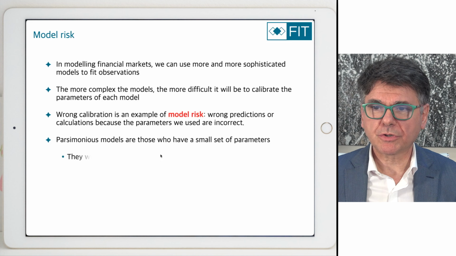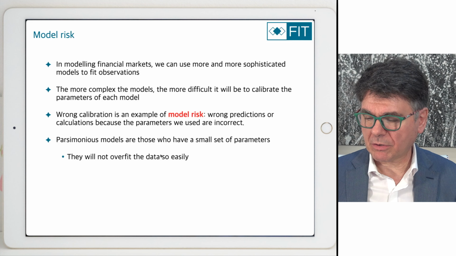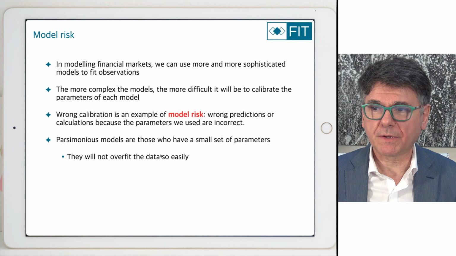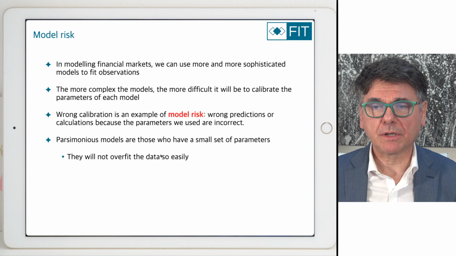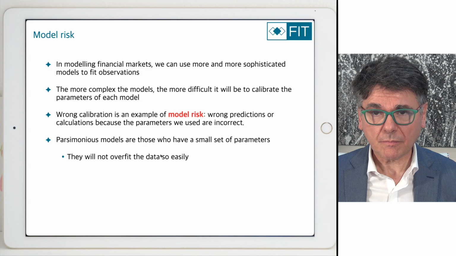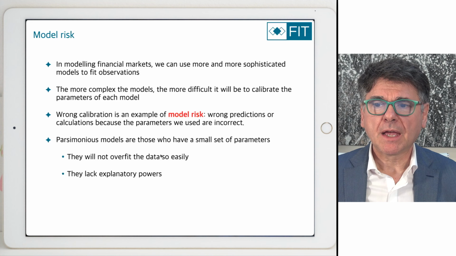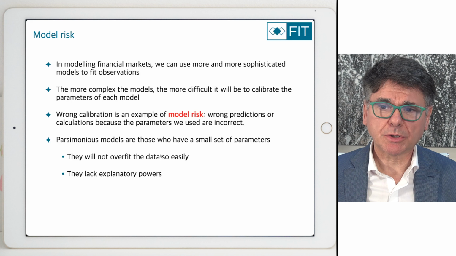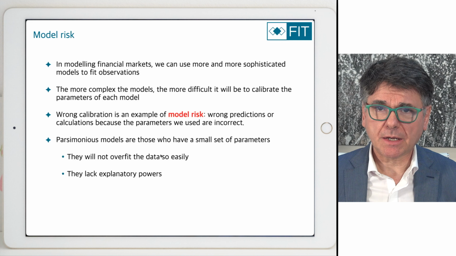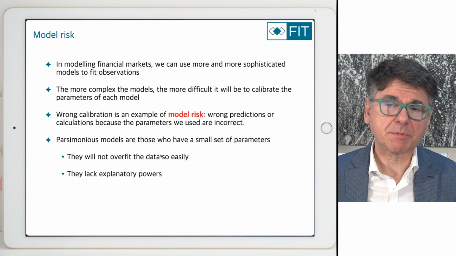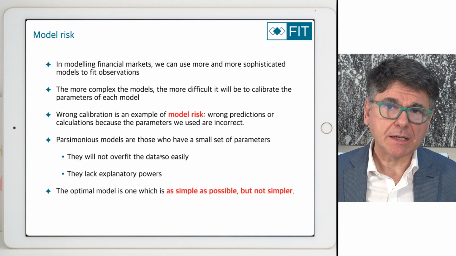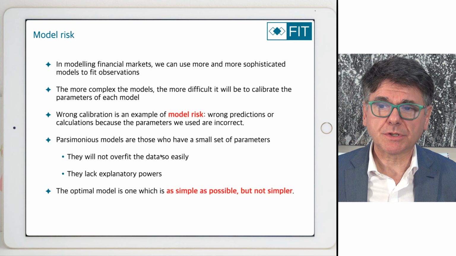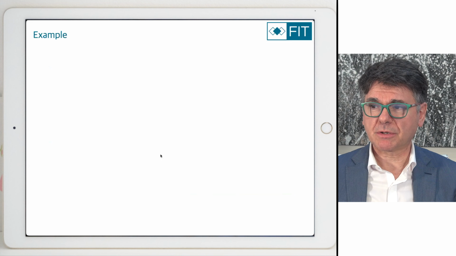Okay, parsimonious models are the ones that depend on little data and therefore do not overfit the data so easily. This is related to the notion that we derived of tree pruning when we were talking about random forests a few days ago. Okay, and parsimonious models also have bigger explanatory power because you have fewer parameters available to you. And the maxim that people use for this is that a model should be as simple as possible but not simpler.